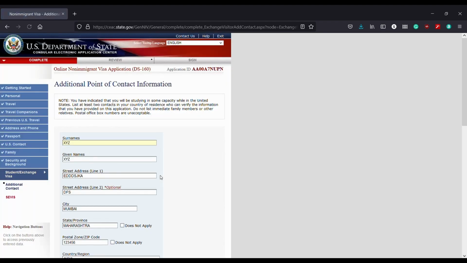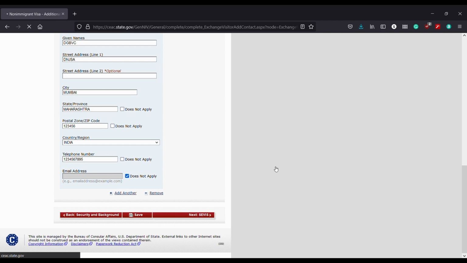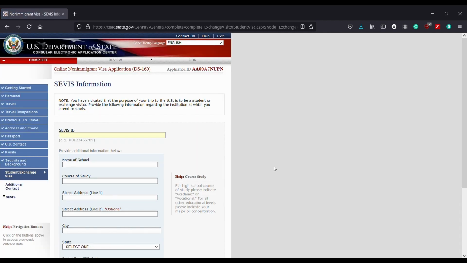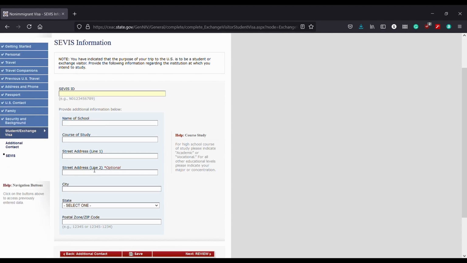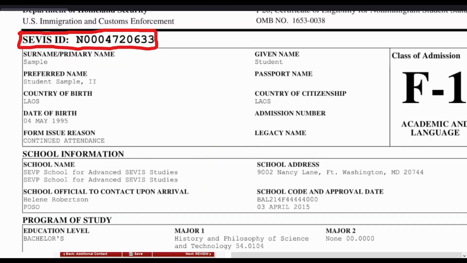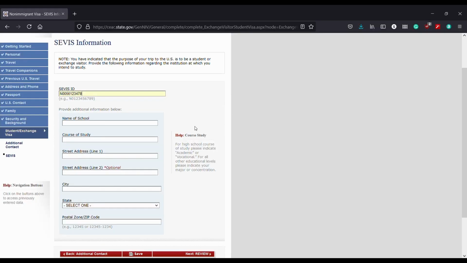Finally, we move on to the last subsection of this section and the overall last subsection, which is the SEVIS. So in SEVIS, here you can see I have put a sample I-20. वहाँ पे SEVIS ID आपका mention होता है and that is why your I-20 is very essential and is absolutely necessary to fill the DS-160 form and book your visa appointment. तो बिना I-20 के you can't do anything because आपके पास आपका SEVIS ID नहीं रहेगा.